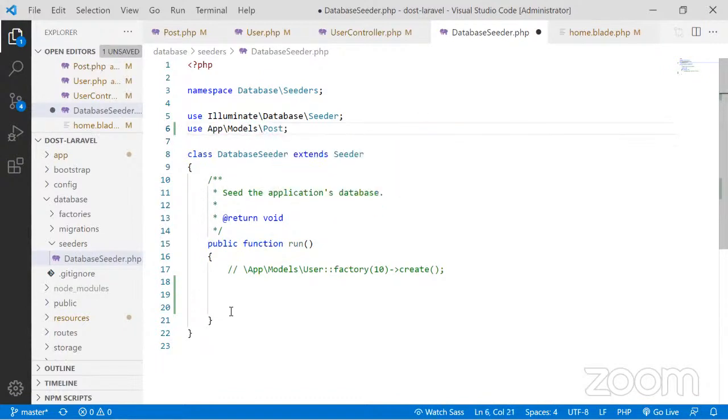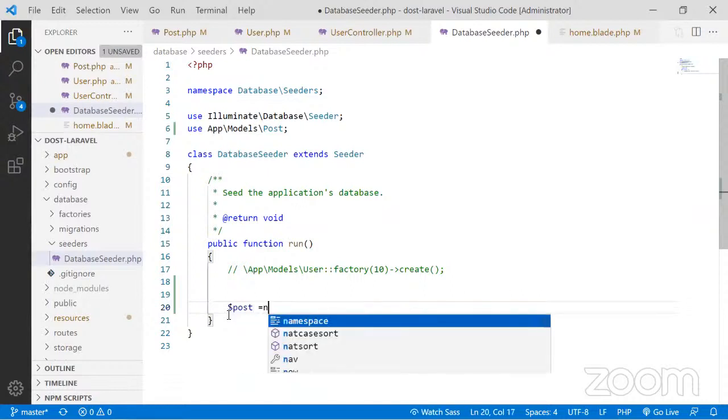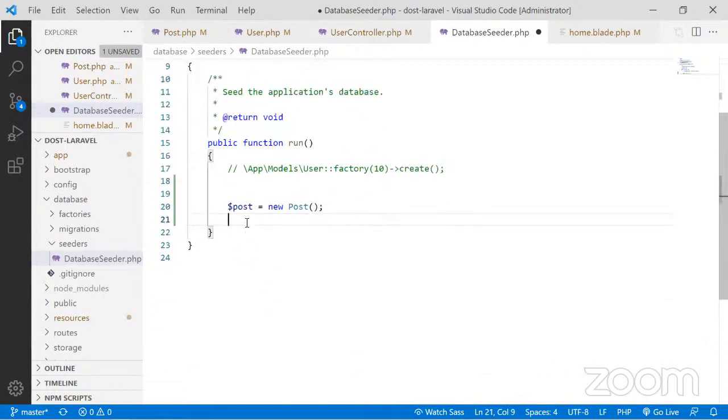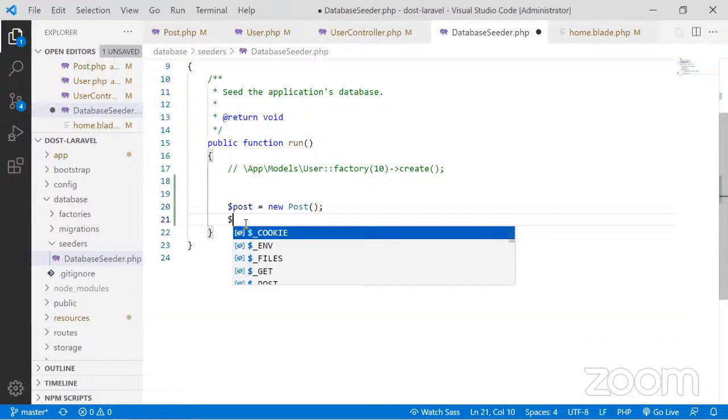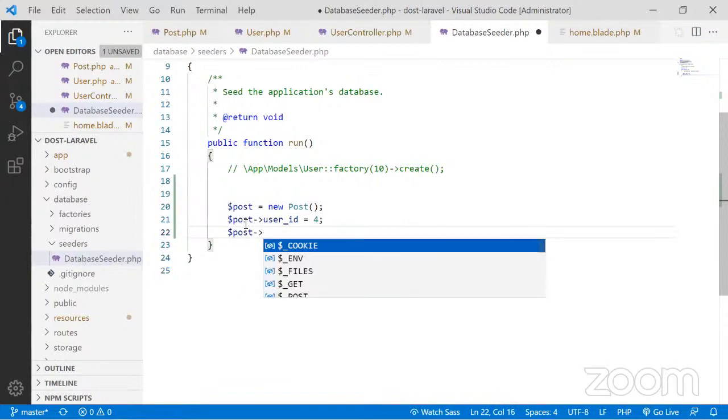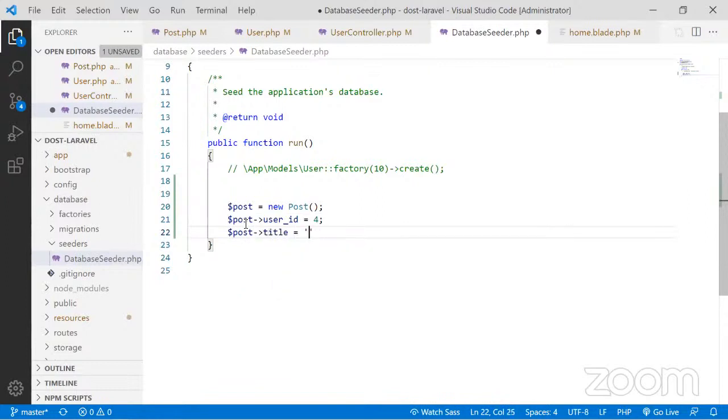So let's add new post, instantiating a single instance of our post. So user ID, so 4. Then post title, a post from the